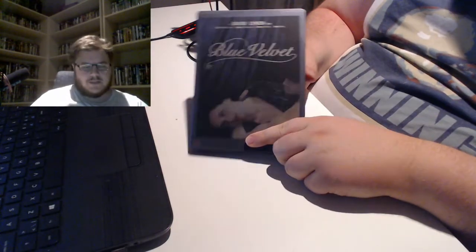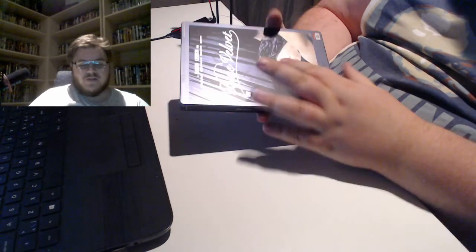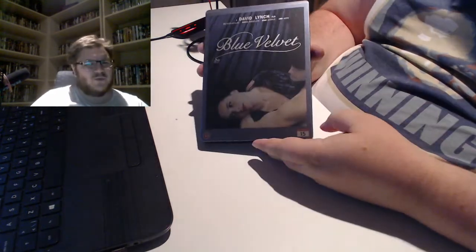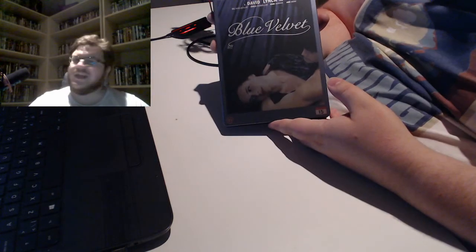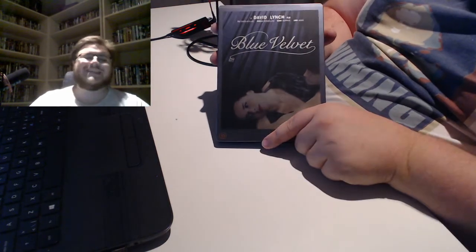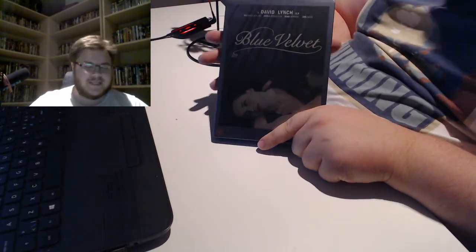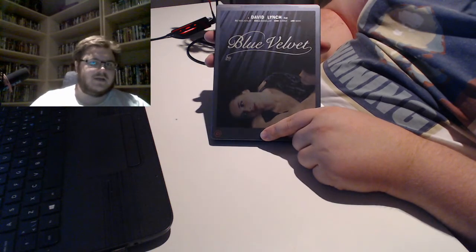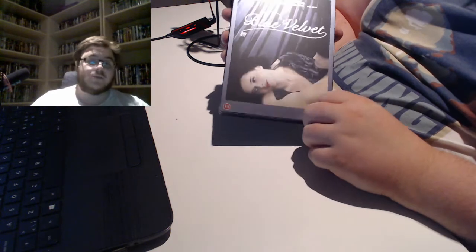What do we have then? Oh, yeah, my Blue Velvet. This is, well, they call it a steel box, but I don't actually think this is aluminum. Blue Velvet. Would you say this is David Lynch's breakthrough movie? I think so. It's a David Lynch movie. It's really weird. You could sense though that he was kind of toning the crazy down because this was going to be a major release. But still, it's a David Lynch movie. It's gonna screw with your head, and it's gonna be very uncomfortable at times. But it's a really, really good movie.